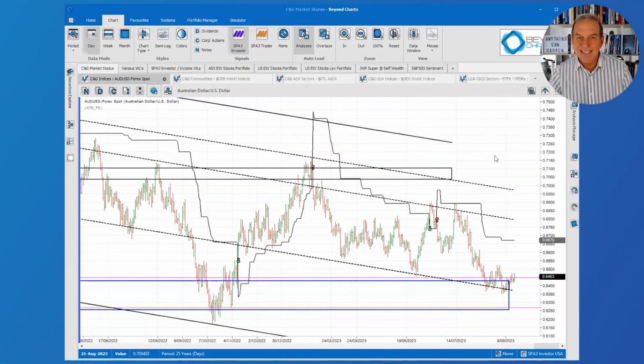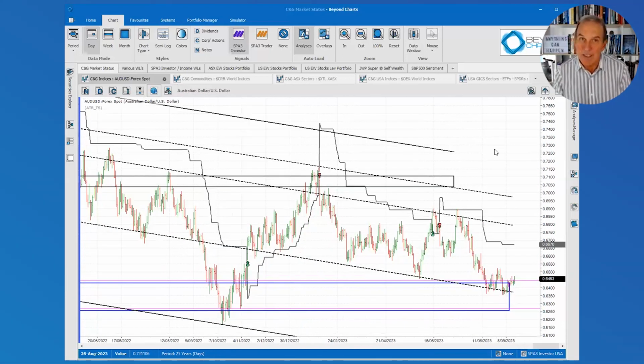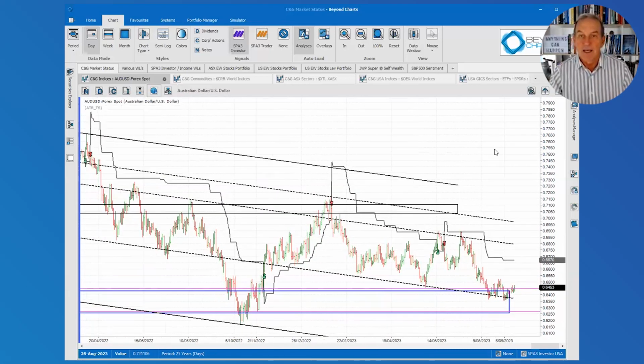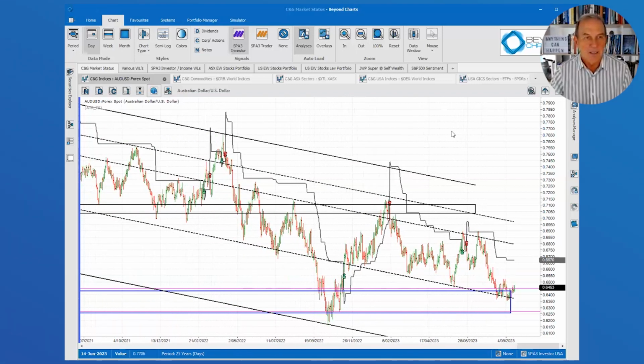Okay, just looking at the Australian dollar, it still continues in this long, big downtrend, which effectively means that people aren't buying the Australian dollar versus the US dollar. And what we need to see is some small to medium cap commodity type stocks start taking off in Australia to see money coming. That's when the money comes into Australia for resource stocks and large cap stocks as well. That's when we see the Australian dollar start rising against the US dollar, and that's when we typically see the Australian market taking off. As I've said many times before, see this as the share price of Australia. The Australian dollar versus the US dollar, and the share price of Australia is not going up at the moment.